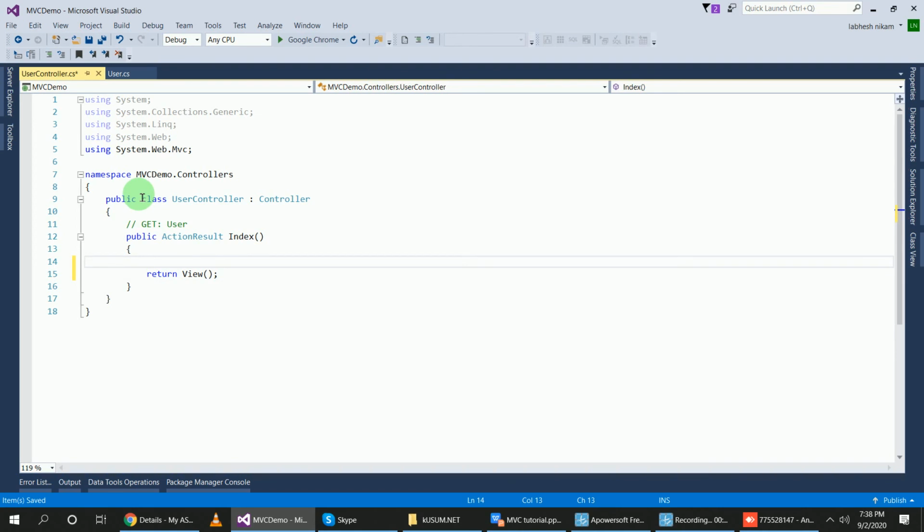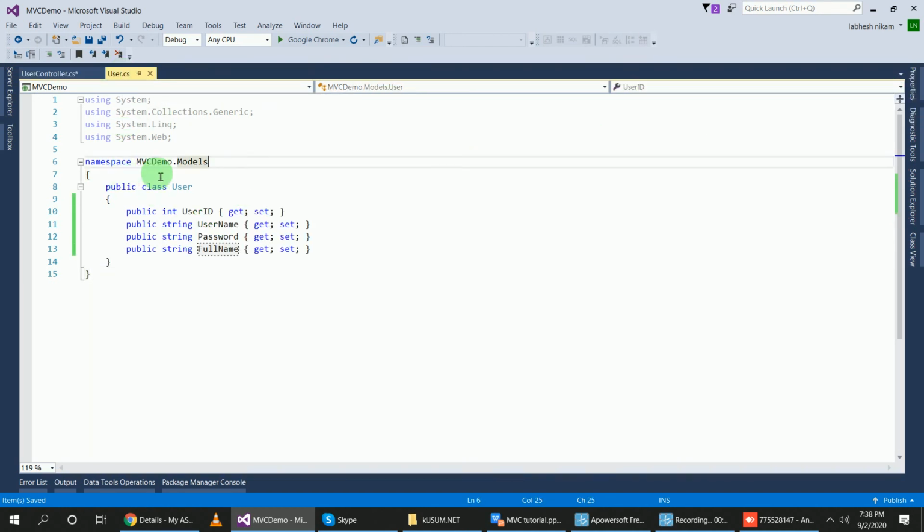To call the class in the controller, what do we write? We will initialize that class here. What is my class name? User. Suppose u equal to new user. This user class is not displayed here. Why? Because this class has a namespace, MVC_demo.models, inside of models, and I have not imported it.